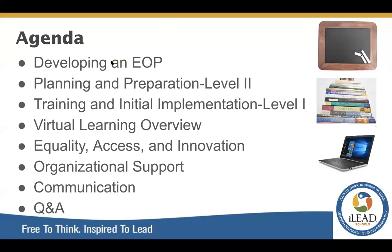Then we'll go over our actual implementation of rolling out virtual learning and give a brief overview of what virtual learning is for us. Amber Rogers will talk about equity, access, and innovation and how we support our sites, our learners, and our families as an organization, what we're doing in terms of communication. And then, as Ellie said, we hope to have lots of time for question and answer